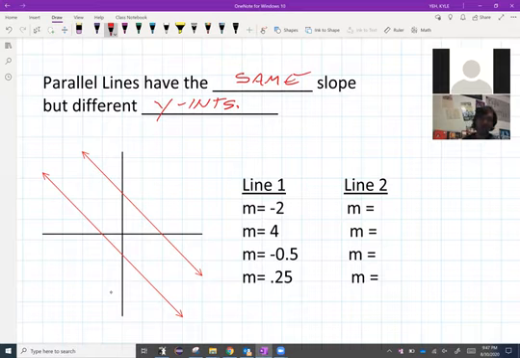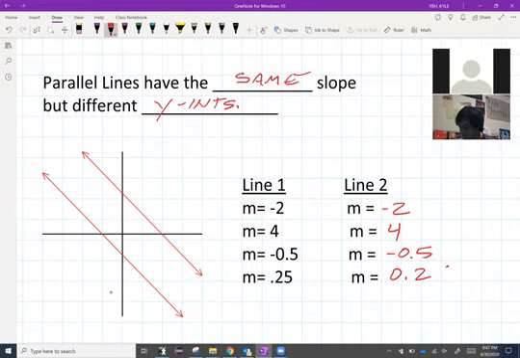In other words, in my line 1, line 2 example here, if line 1 has a slope of -2, and we know line 2 is parallel, we know the slope for line 2. If line 1 has a slope of 4, and we know that line 2 is parallel, we know that slope. It's exactly the same for parallel lines. So two lines, if we know they're parallel and we know the slope of one, we actually know the slope